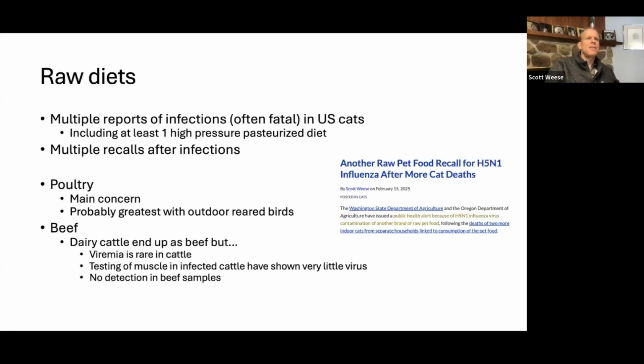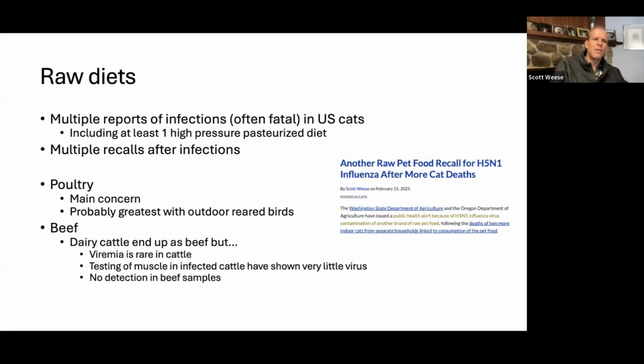So for raw diets, there have been multiple reports now of this in the US. And at least one included a high pressure pasteurized diet, which is a risk reduction method that theoretically should kill flu, but obviously doesn't all the time. In some ways, it's not surprising because they're raw, right? The reason we cook things is to kill things. But in some ways, it is surprising that it's hard to see how infected birds get into the food chain